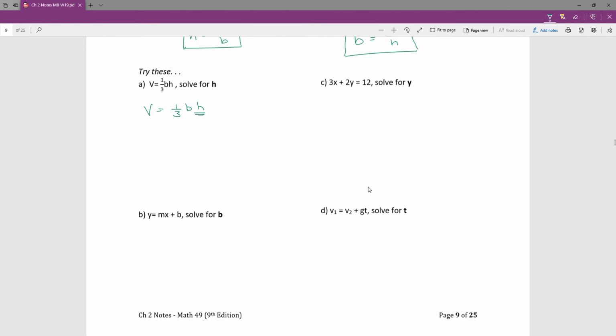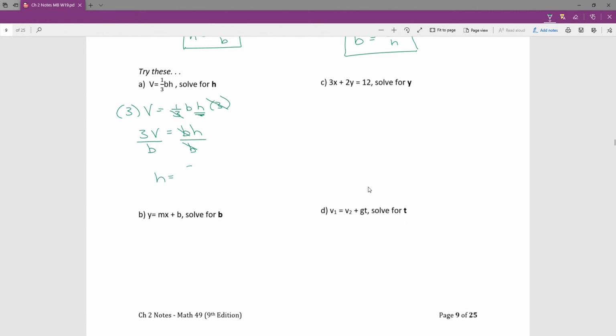So this one I'm supposed to solve for h, and I've got fractions. So I'm going to get rid of my fractions by multiplying everything through by that number. Cross it out, write it all above board. And even though this is the volume for, I forget what that one is, I don't know, a cylinder or something like that. I'm going to solve for my h by dividing both sides by b, and I get